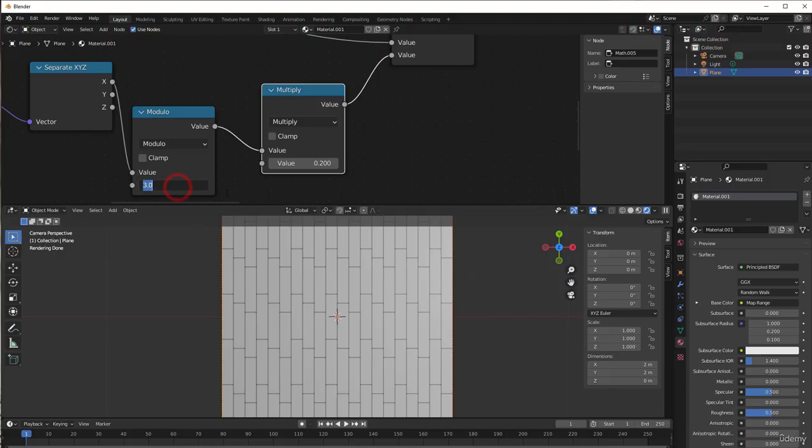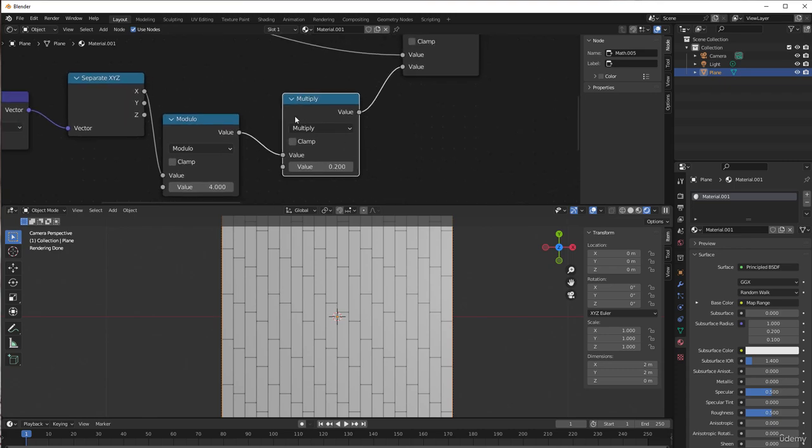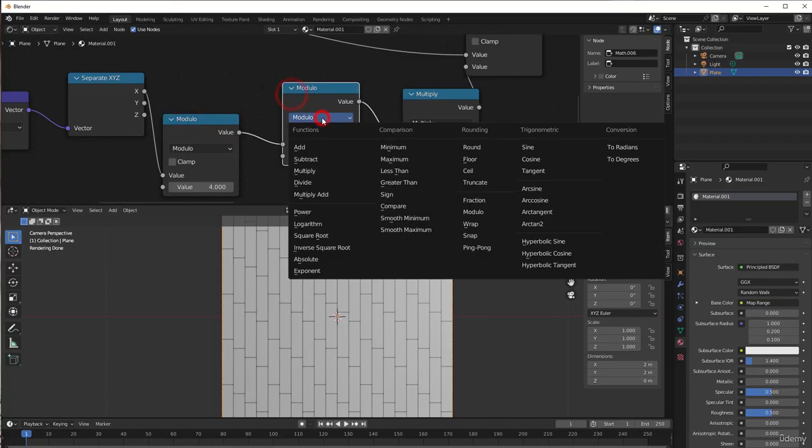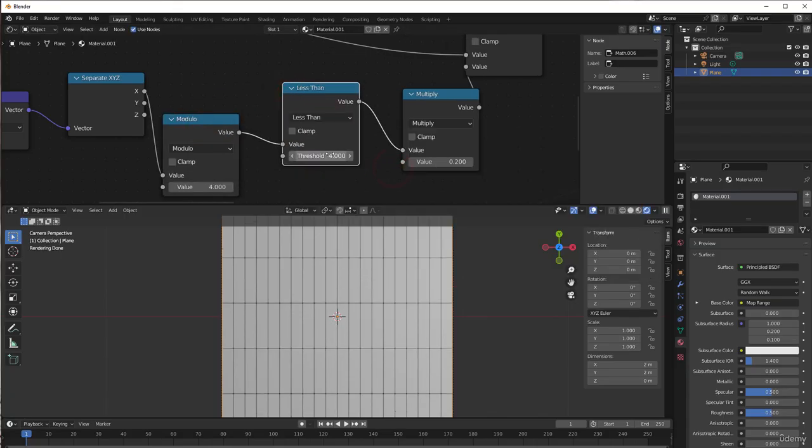And if you would like it to be a little bit more, then you just increase this, or if you want it to be every second, you decrease it. You can also do it, when we have the brick texture, you get an offset every third row or something like that. If you would like it to be like that, then you just use greater than or less than in here. So we can copy this one, press Shift D, put in a less than,